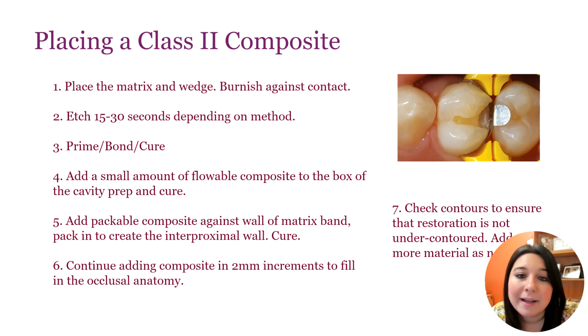Steps for placing a Class 2 composite. So first we're going to place the matrix and wedge. Typically a sectional matrix is used if there's an adjacent tooth. If there's not an adjacent tooth, then you can use a Tofflemire or an auto matrix. Make sure you're burnishing against your contact before you're placing the filling. That way your contact is going to be a little bit concave and you're going to have that nice tight